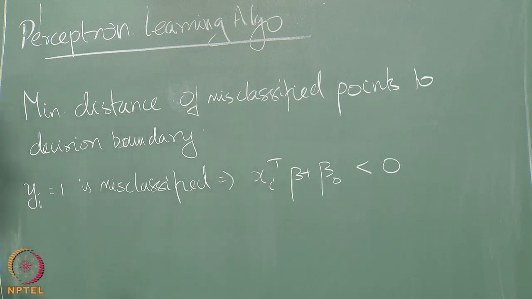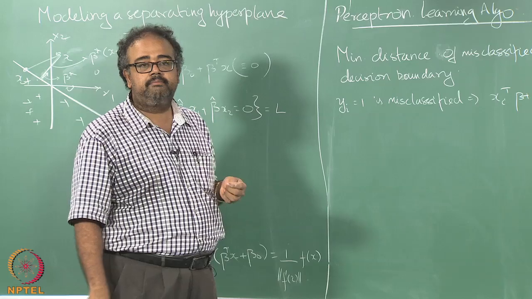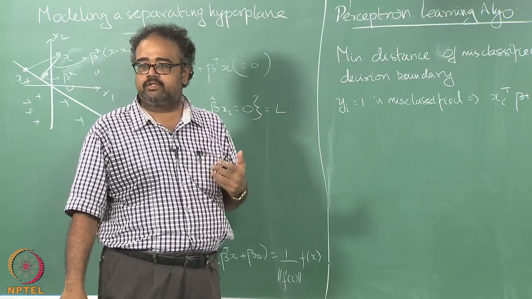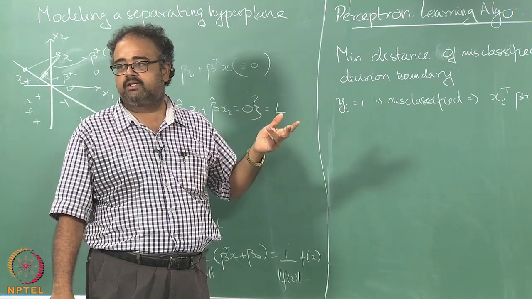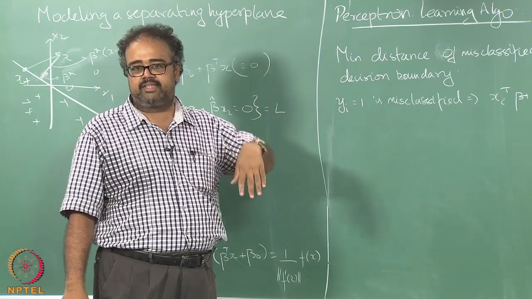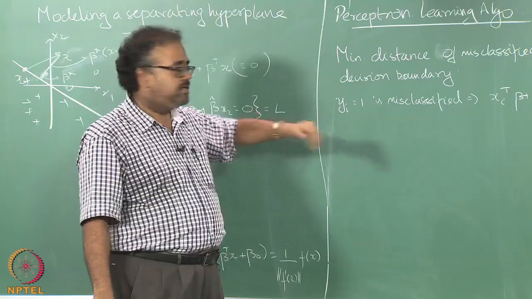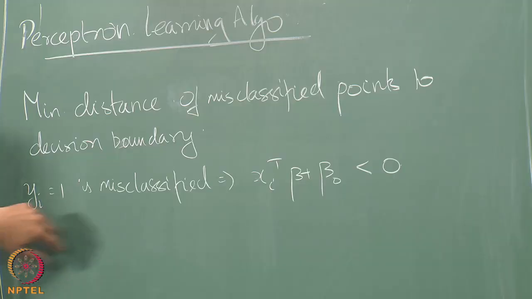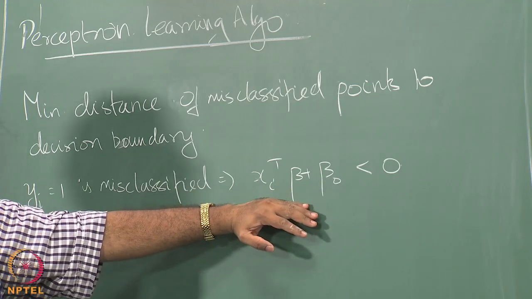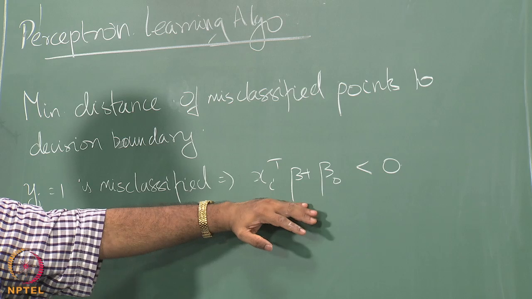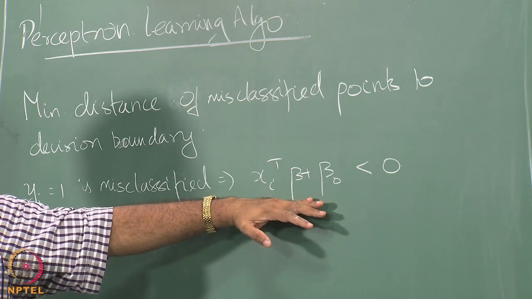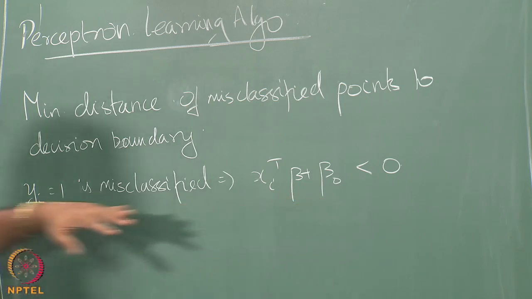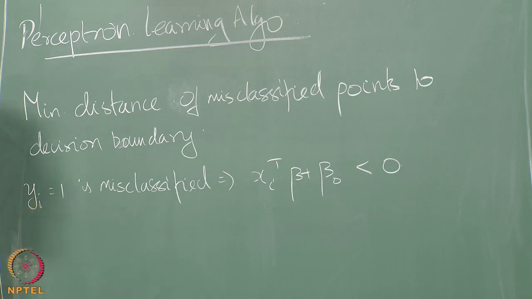right. So we will assume that for data points which is such that x_i beta plus beta naught is greater than 0, I will output as class plus 1, right. Whenever it is less than 0, I will output the class as minus 1. So if the true class label is plus 1, but if the f of x is less than 0, I mean f of x is less than 0, that means I will be outputting minus 1, right, but the true class is plus 1, so that means this has been misclassified, right. So likewise, if